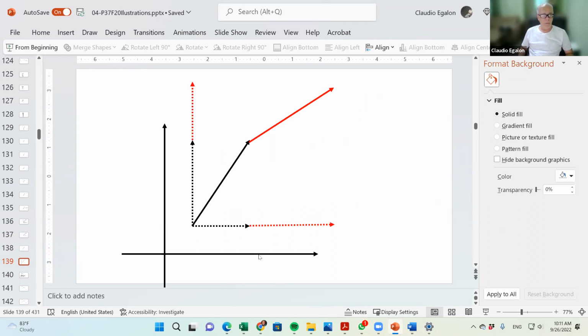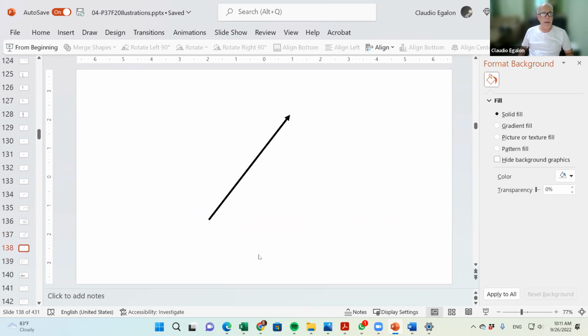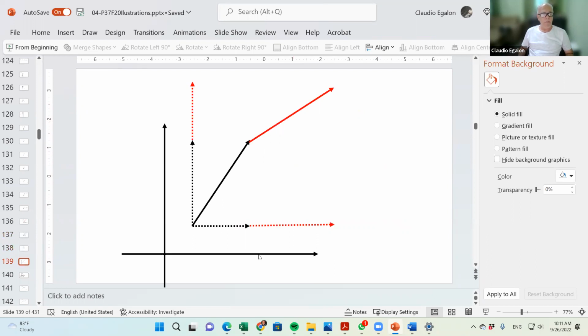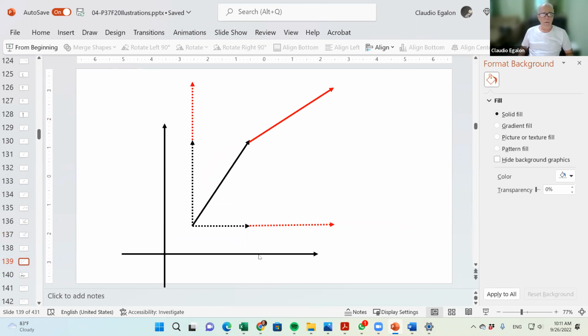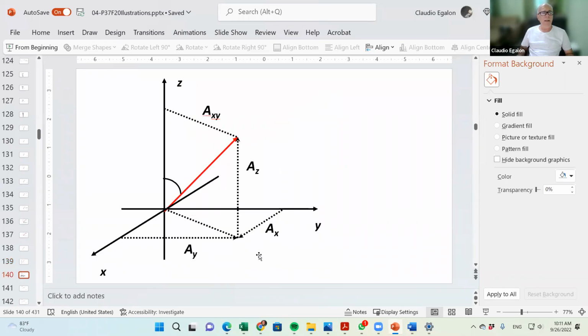Okay, that's another way to picture that. That's the vector A. The red vector is the vector B. And then we have the x and y components, right? And when you sum them, you end up getting that vector C that's longer. Those are the two-dimensional vectors. The three-dimensional vectors we illustrate like that. Can you picture that? Okay.